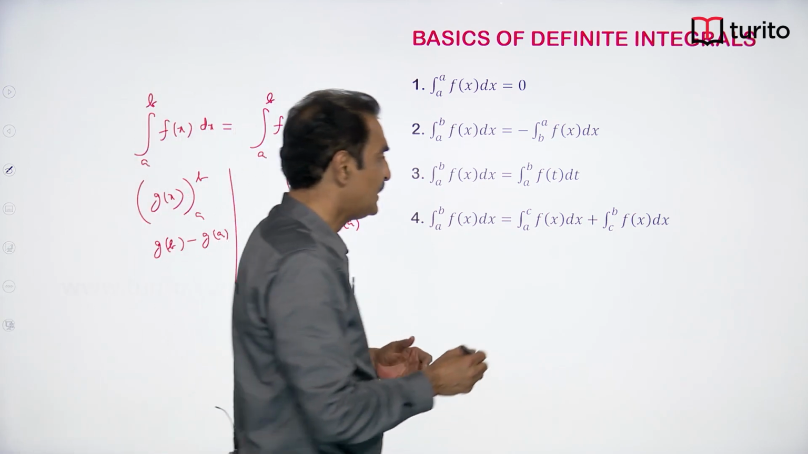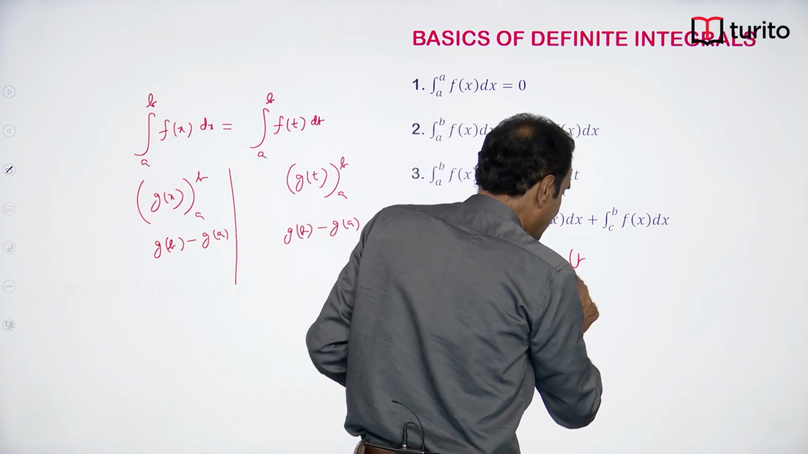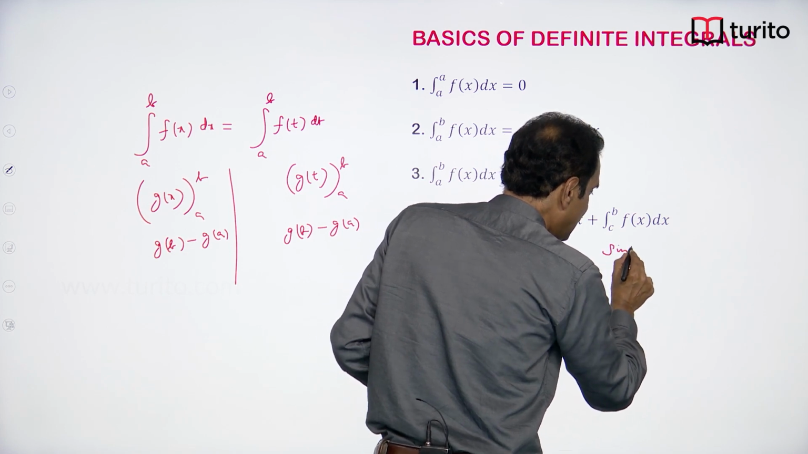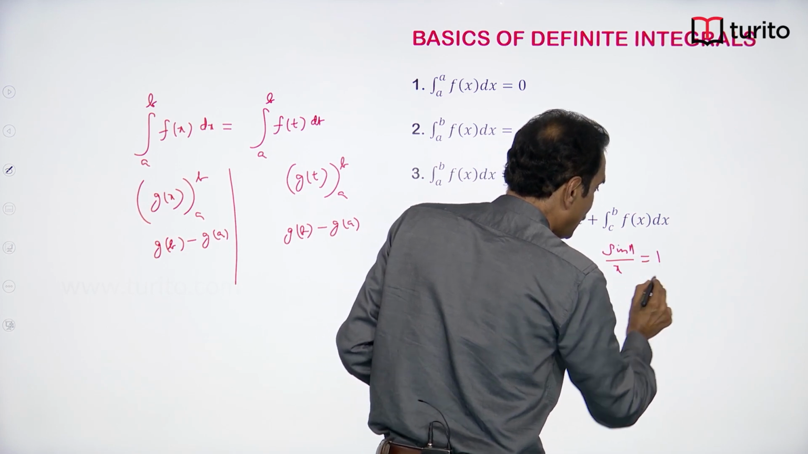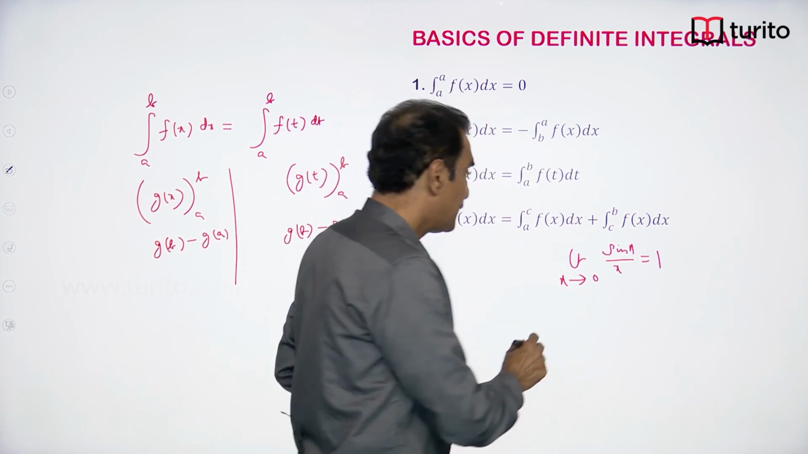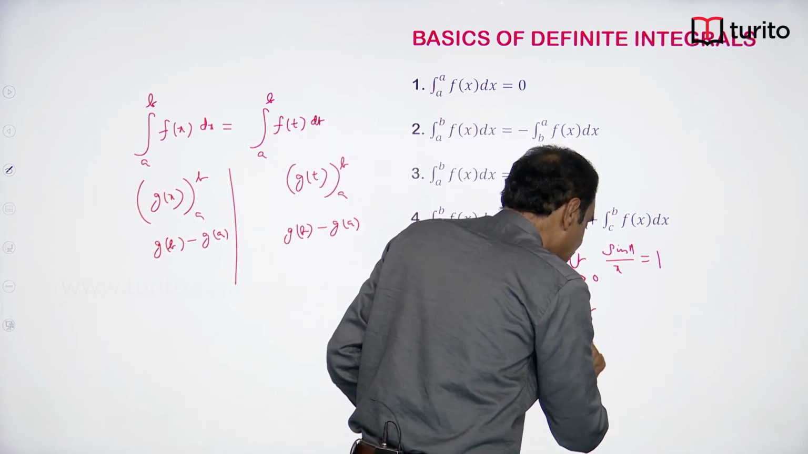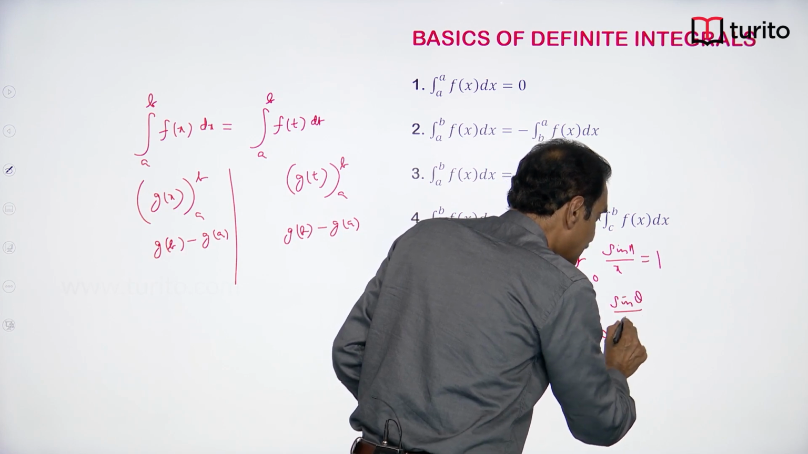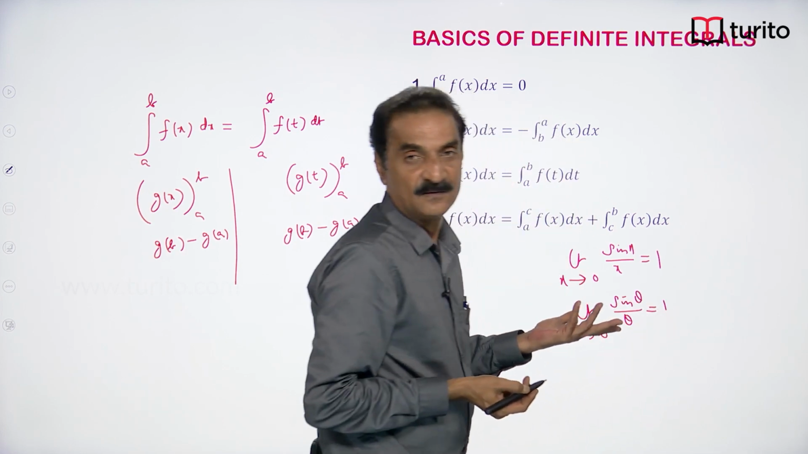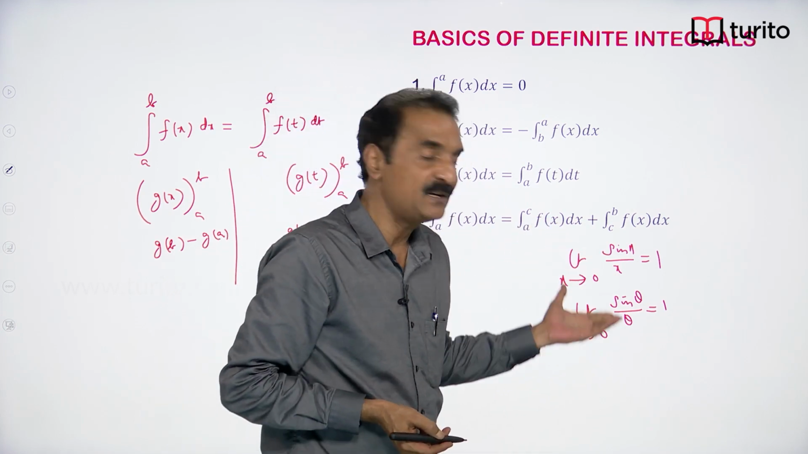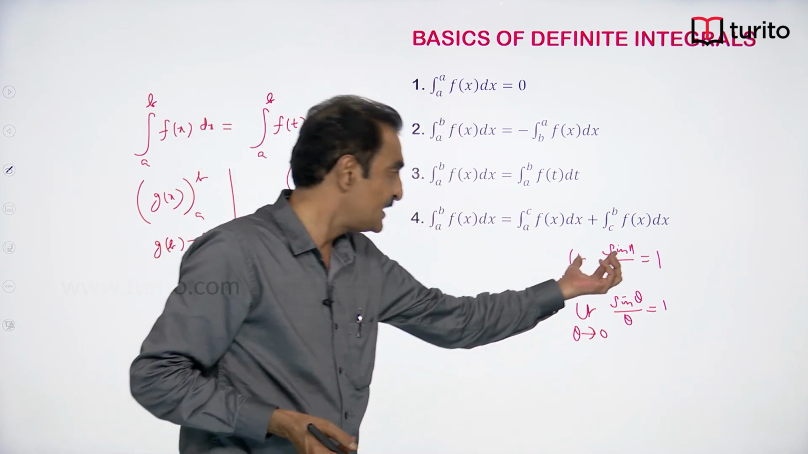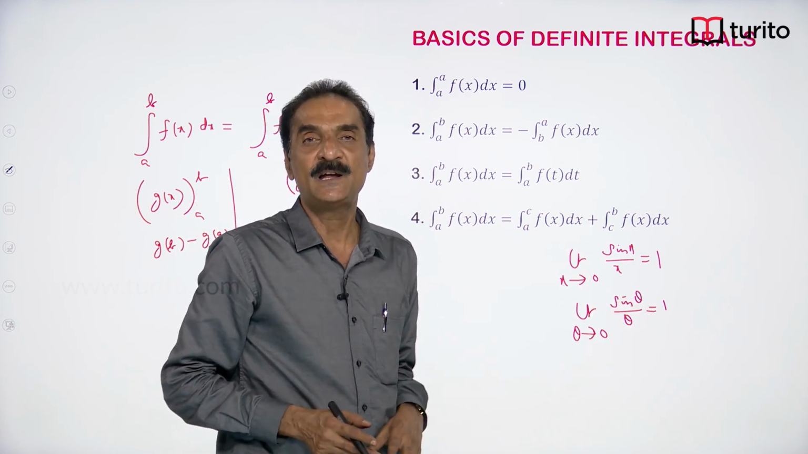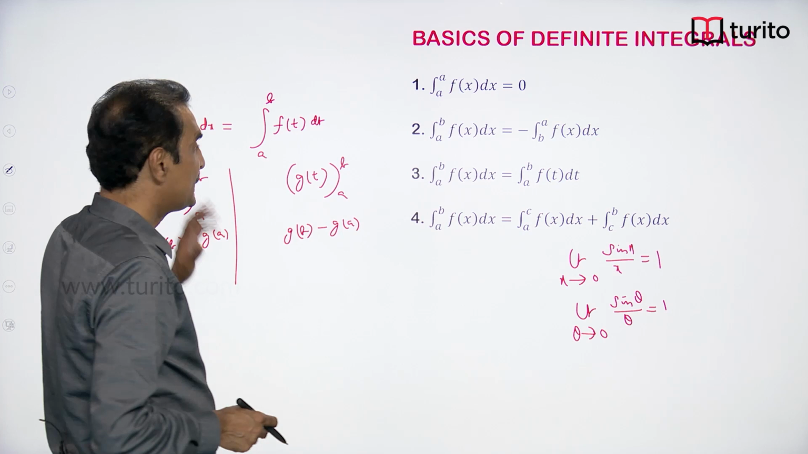Just like the result in limits, limit as x tends to 0, sin x by x is 1. If the question is limit as theta tends to 0, sin theta by theta, it is also 1. Whether you write x or theta or t, function is same, limit of the variable is same. So, final limit will be same. Next